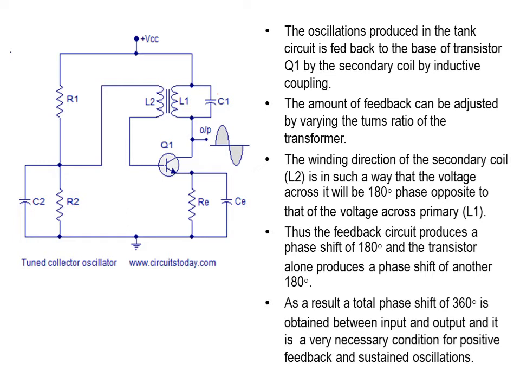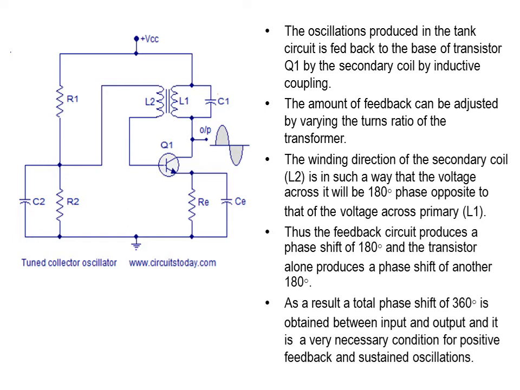Now you will have to examine how this feedback is done. You will have to see where we have the input. Whenever you have a common emitter configuration, the input should be given between base and emitter. So when you want to find out how we are going to provide the feedback fraction between the base and emitter, you will have to see what circuit elements are connected between the base and emitter.